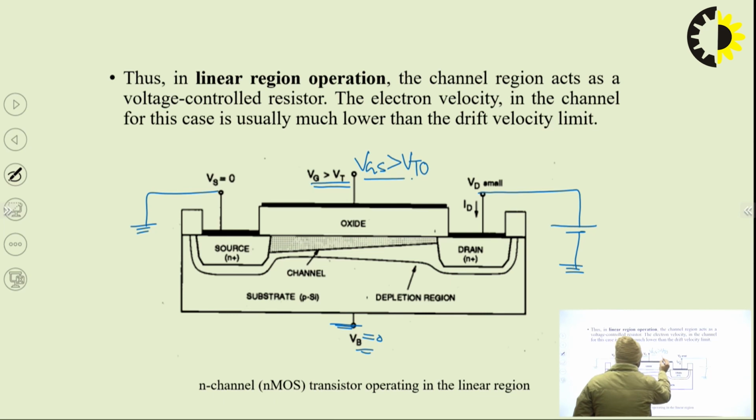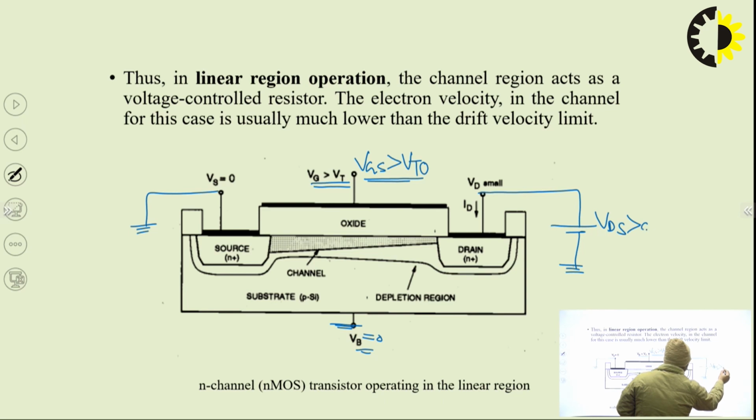If VGS is greater than VT naught and we have applied VDS greater than 0, connected to the positive terminal of the battery,